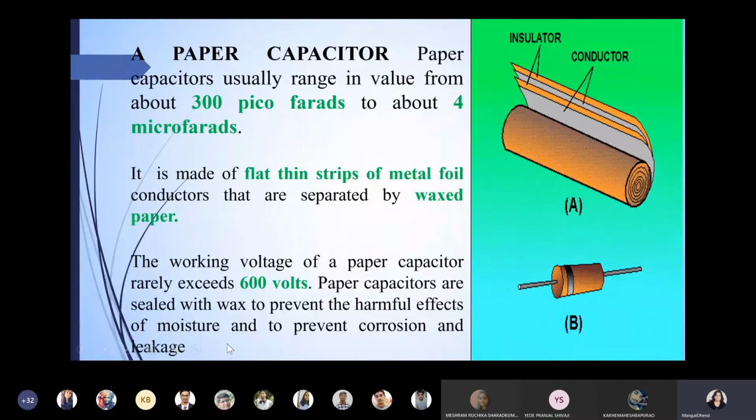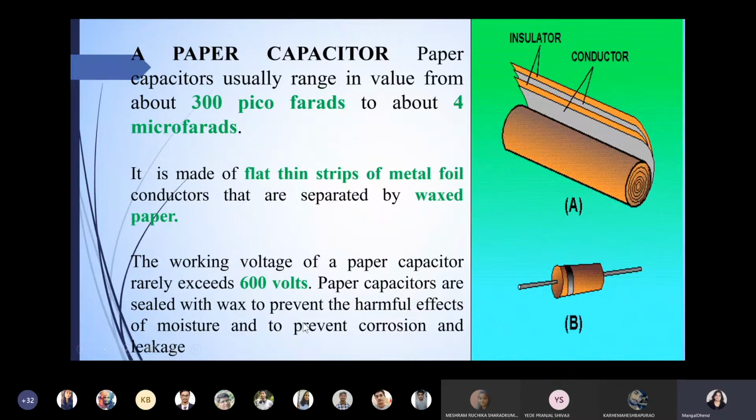So air will degrade the dielectric strength of the solid insulating material, so you have to fill up the pores. In the same way here, wax is used to prevent the harmful effects of moisture. By putting wax on the paper, you are making it moisture repellent so that it will not absorb